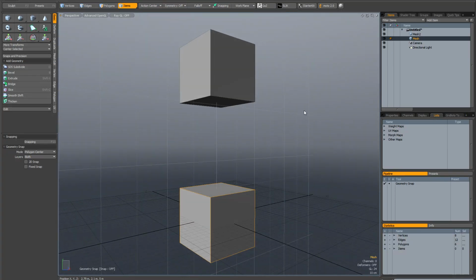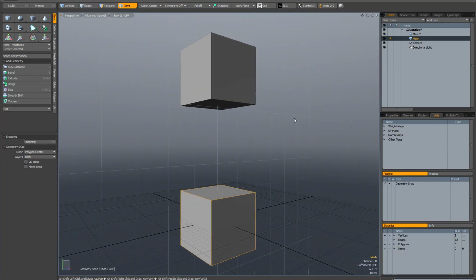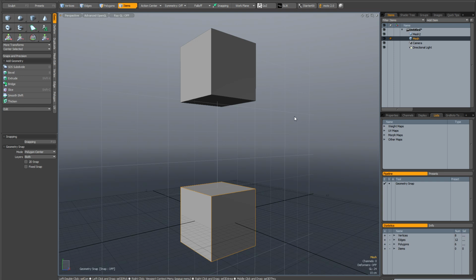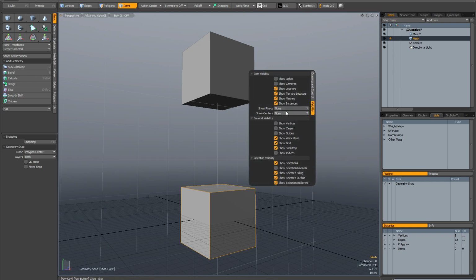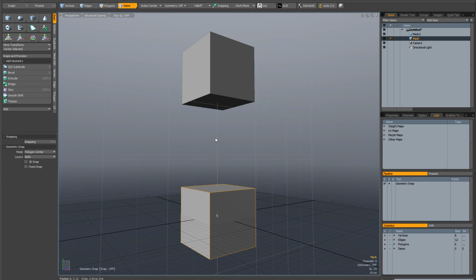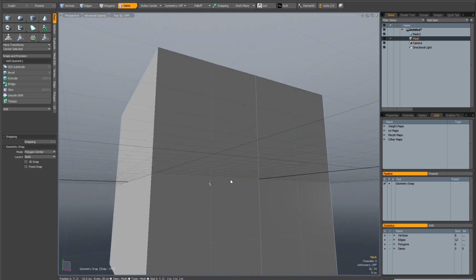This little tip shows you how to use pivots in Modo for modeling operations. Normally pivots are actually an animation tool, but here we're going to use them basically to create a sort of custom action center. The first thing you need to do is hit the O key on the keyboard, and where it says show pivots, click on selected, and now you can see in the center of the mesh item